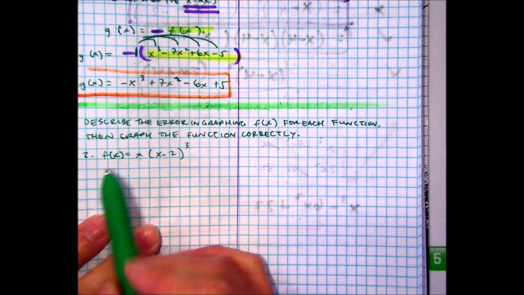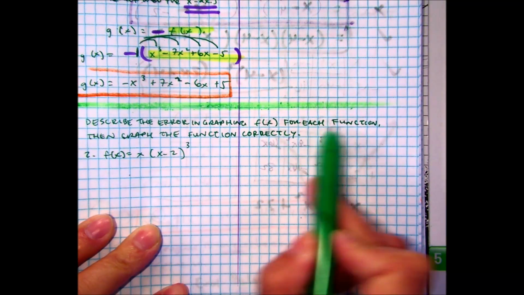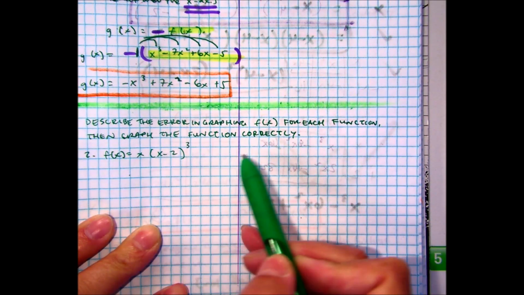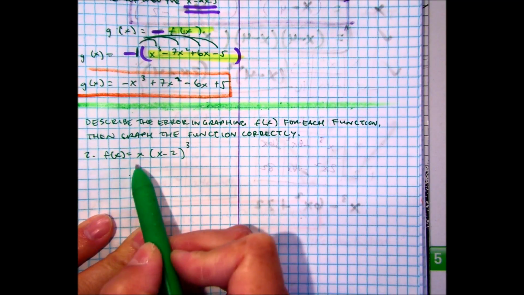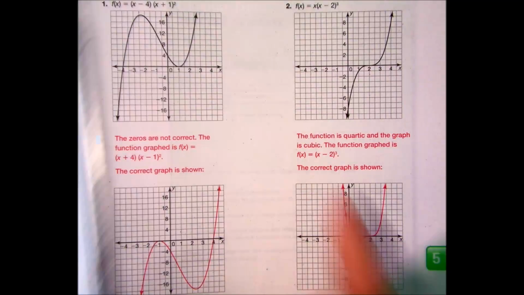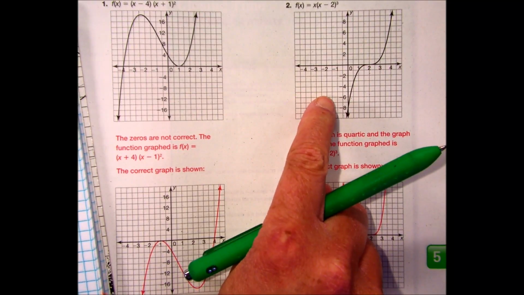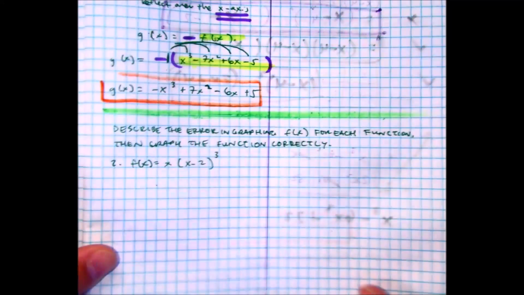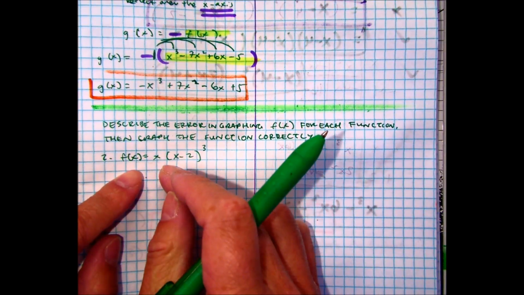Alright, so the question says, describe the error in graphing f of x from each function, then graph the function correctly. Number 2 says f of x is x times quantity x minus 2 cubed. So here's the graph. What I like to do is graph it correctly first, then I can compare, and